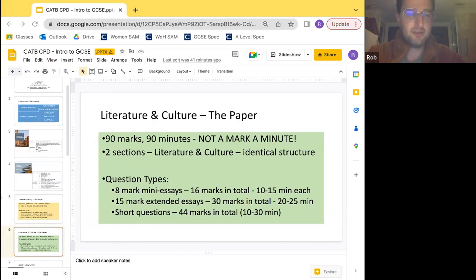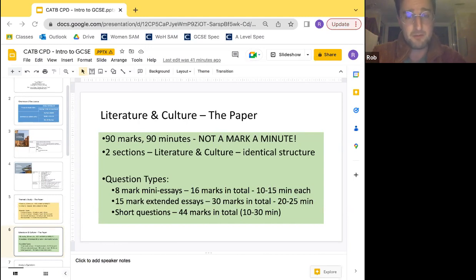The difference, though, is students are spending a little bit longer of their time here working on writing essays than in the thematic study, where they're spending more of their time on shorter questions, including analysis questions. What this means is they need to stay even more on top of their timings when they're writing their essays, because if they use the top end of the range, they're leaving really not enough time for the short answers. If they use 15 minutes for each 8 marker and 25 minutes for each 15 marker, they would leave themselves